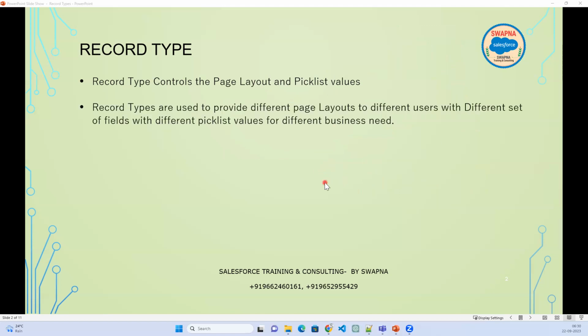Now, record types are used to provide different page layouts to different users, with a different set of fields and different pick list values, for different business needs. Like we have discussed,